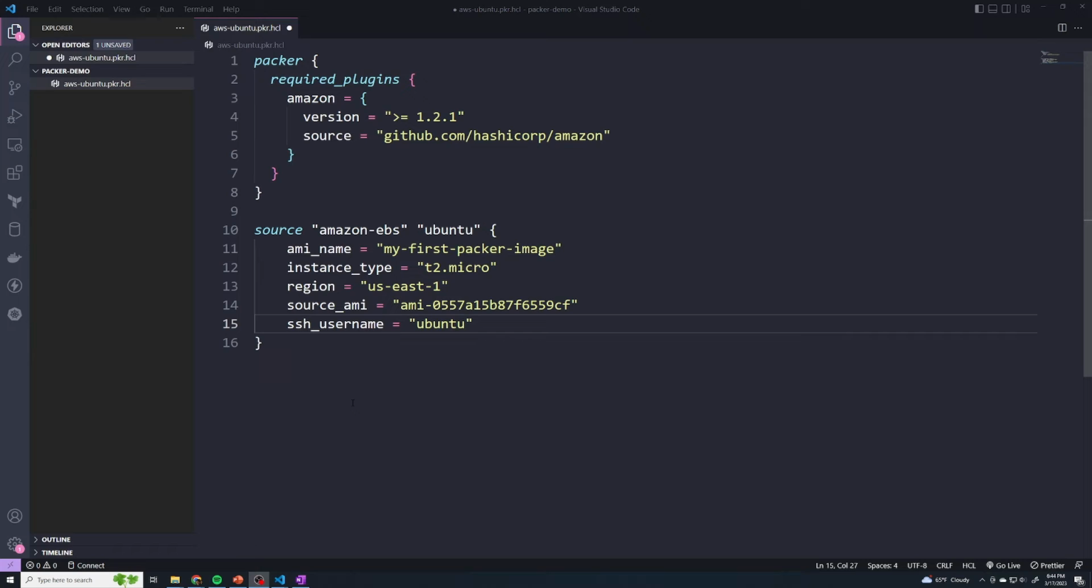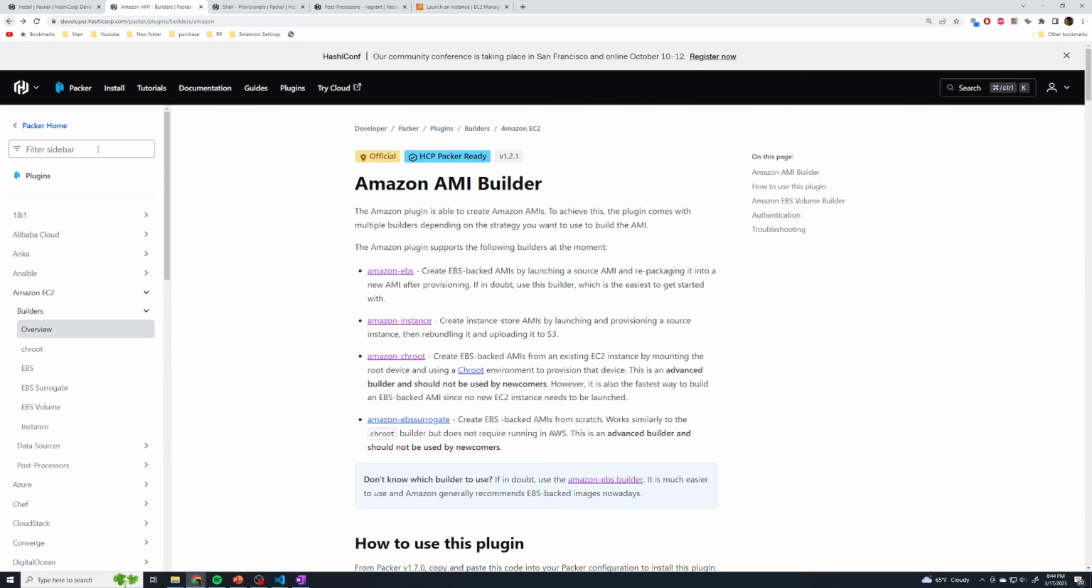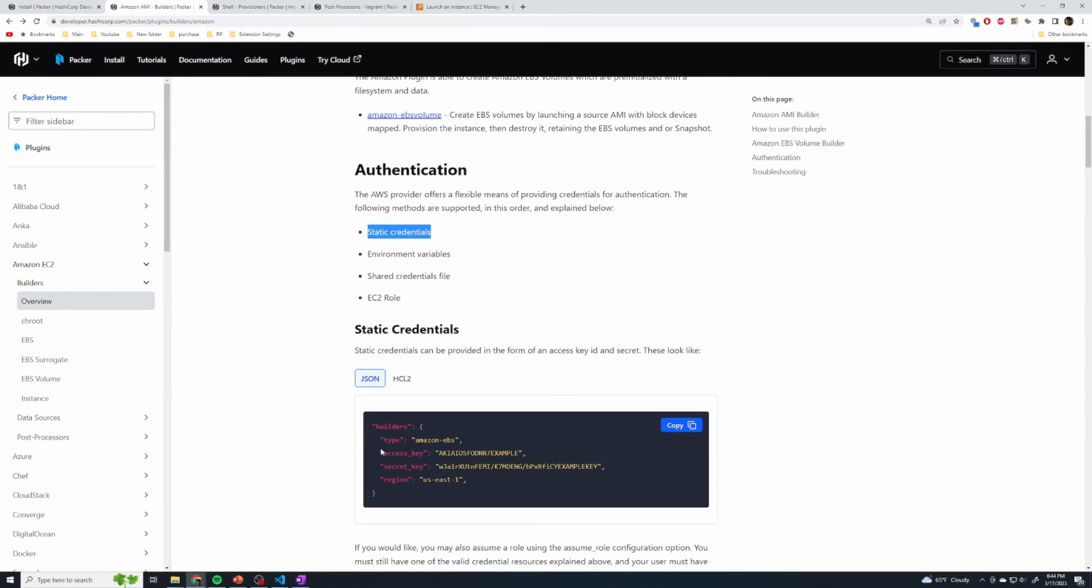So how exactly does Packer actually talk to the AWS API using our account? It's going to have access to our AWS credentials. So let's go to the documentation and take a look at the different options. If I go back to the plugins page for AWS, it's going to show you the different authentication methods that we have. So we can pass in static credentials, where we can literally hard code it into our configs,